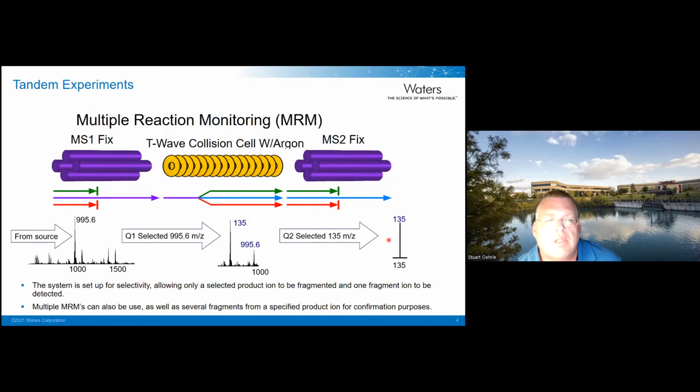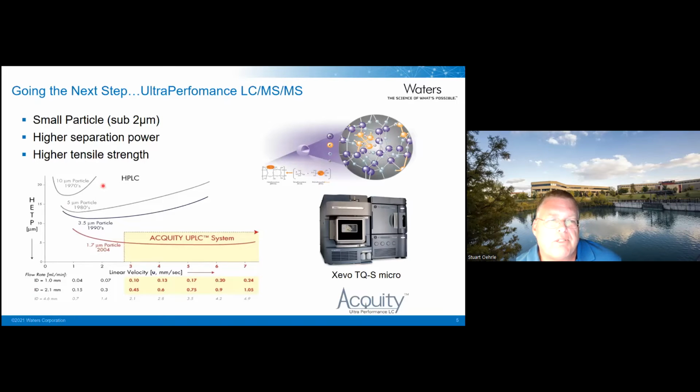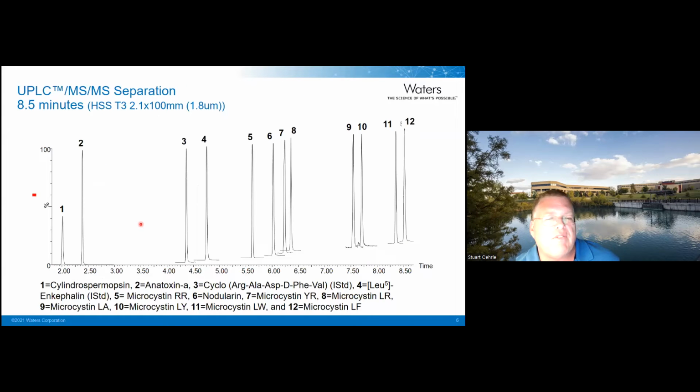So you end up with a chromatogram or a separation at that particular mass. So what does small particle get you? Typical HPLC runs. The lower this is, the better your selectivity. It's like limbo. So how low can you go? The nice thing too is you have very good separation of these compounds, and you can go very fast. So what does it give you? A separation like this.